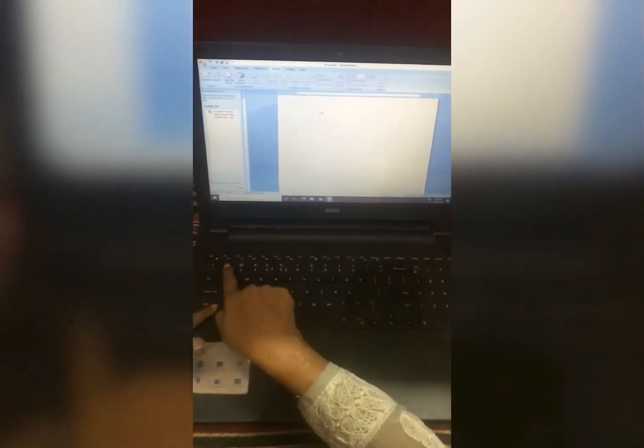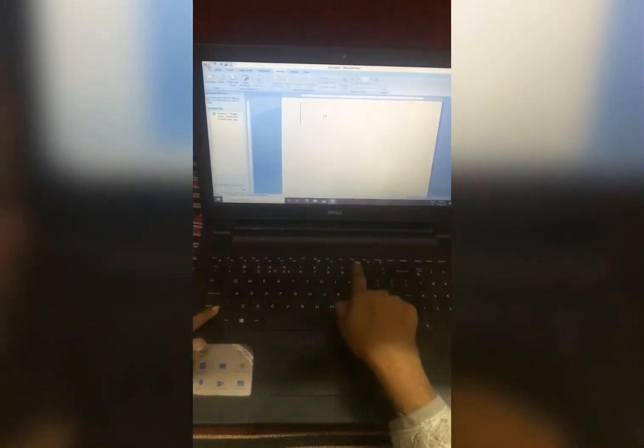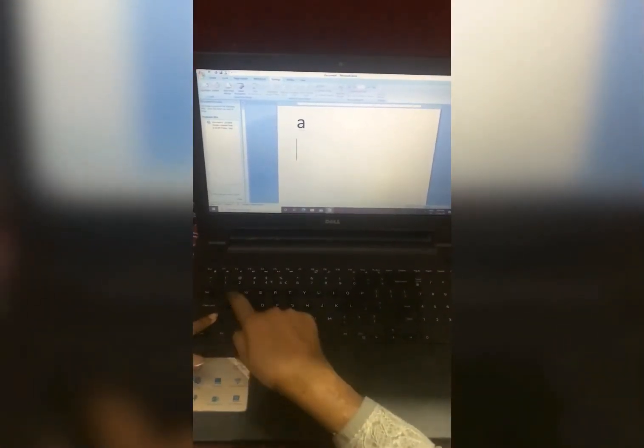Okay children, now shift key is used with the alphabet keys to type in capital. Shift key is used with number keys to type the symbols that are given on the number keys, and shift key is also used to type punctuation marks. Okay. Now see how to use it. Now children, I am typing one letter, that is A. It is coming in small. Now children, press the shift key and hold it. Now you press the alphabet A and just see, it has come in capital.